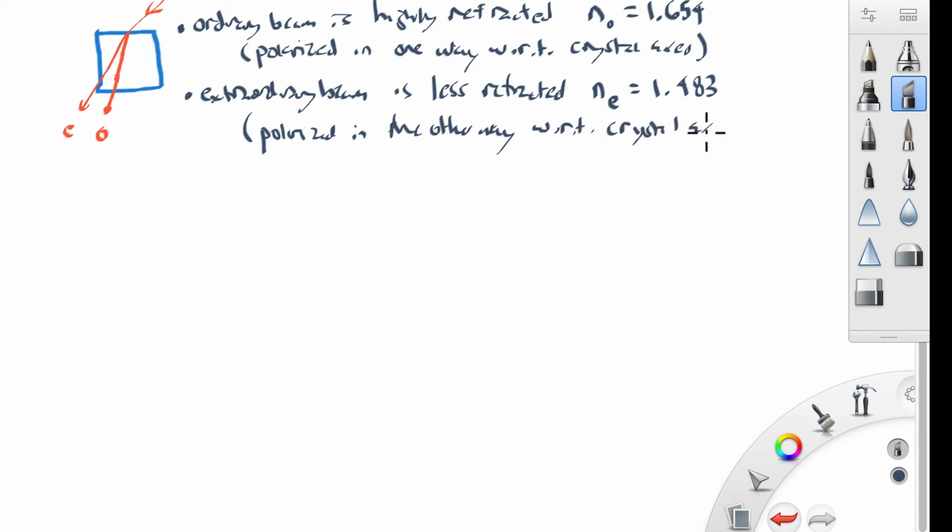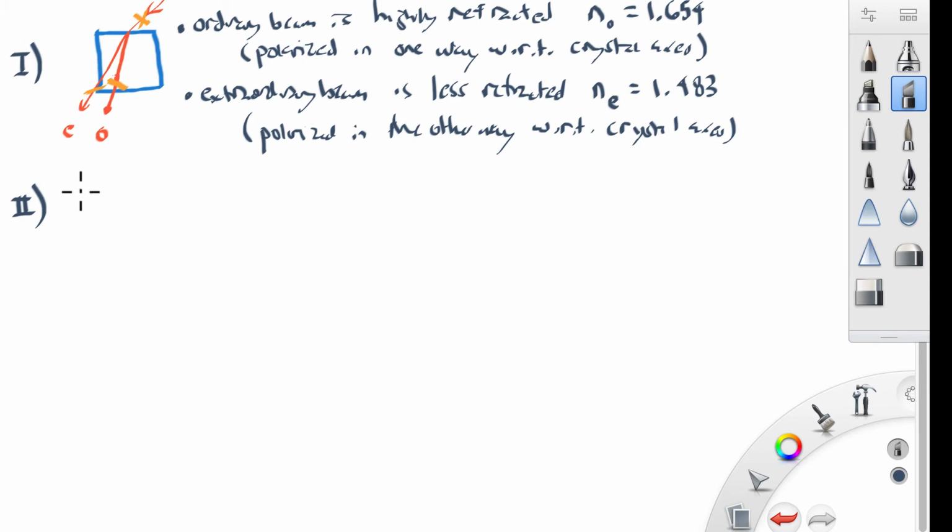So in other words, this initial light was initially unpolarized light. So I'm going to draw a little X here, meaning it's unpolarized. It has both polarizations. And the ordinary beam is comprised of light polarized in one orientation, and the extraordinary beam is comprised of light polarized in the other orientation. And you can see this by holding a polarizing filter and seeing these two different polarizations. Okay, so that's one piece of knowledge that we need to have in order to understand how the Nicol prism works. The other ingredient we need to understand is